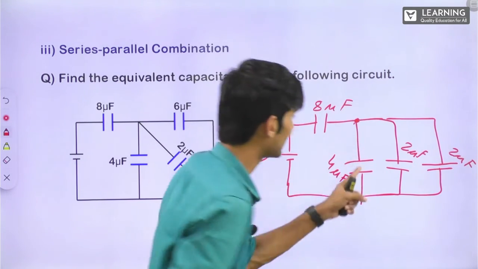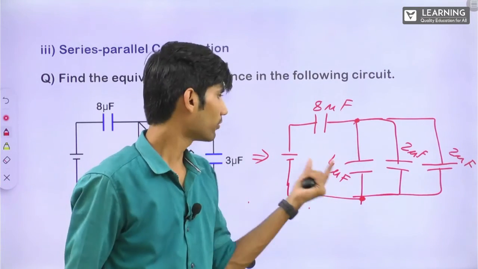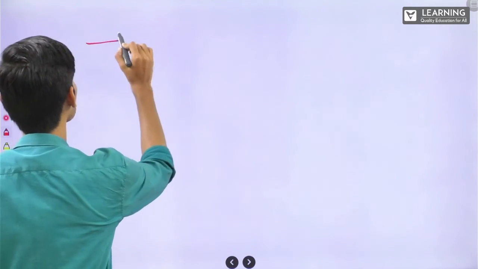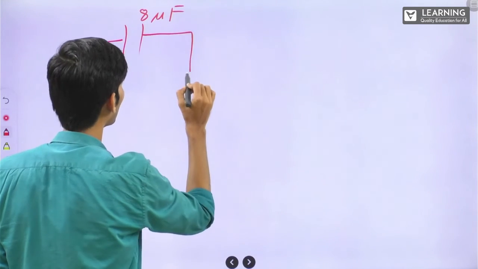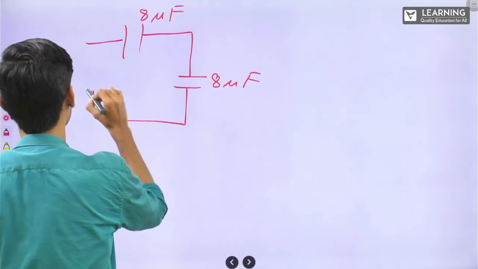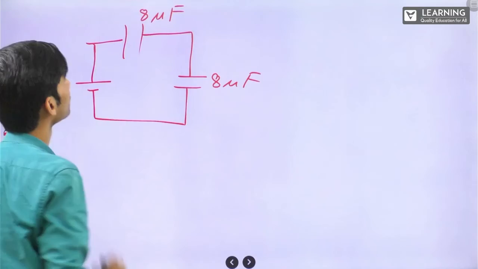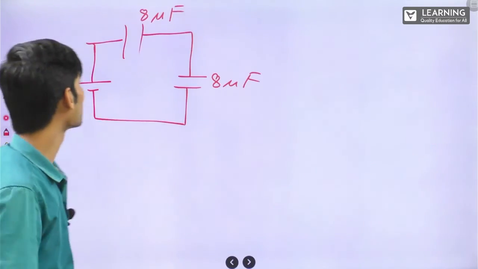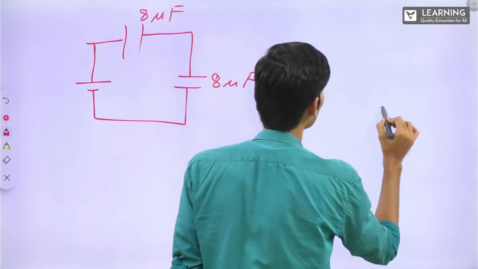Now if you see these three, they are in parallel. So if they are in parallel, we'll add up all, 4 plus 2 plus 2, 8 microfarad. So we got one circuit, 8 microfarad. Again we got as 8 microfarad. Like this. I can replace these three with one capacitor of 8 microfarad. This will be 8, 8. Again, now these two are in series. So finally what we got,